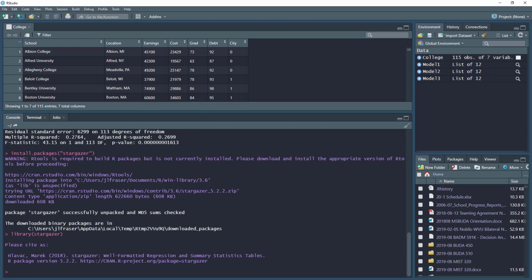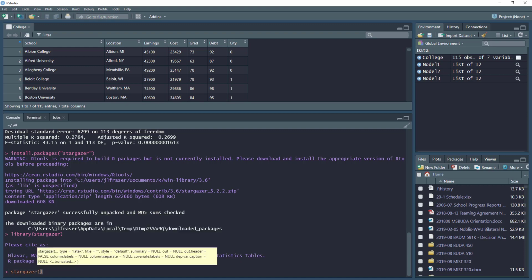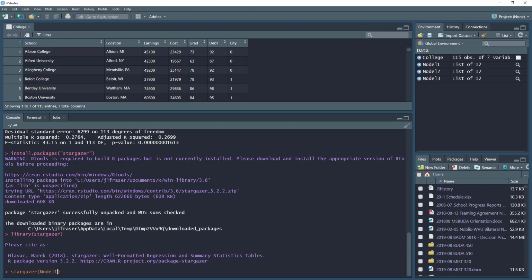And now we're going to use the function stargazer, and we are going to list the name of each of the models. So model 1,